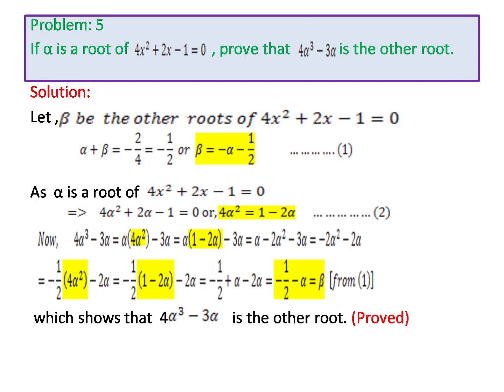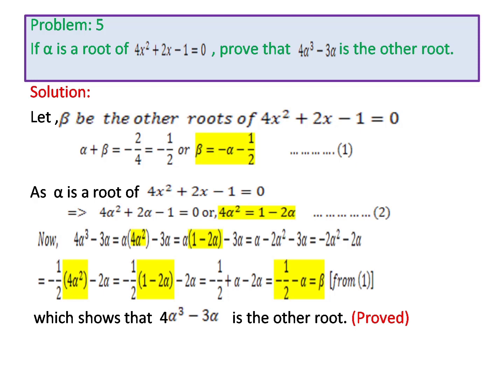In place of 4 alpha square we put 1 minus 2 alpha from the second equation, that is alpha into 1 minus 2 alpha minus 3 alpha, and calculating we have minus 2 alpha square minus 2 alpha, and here also comes the term alpha square, and we have to adjust it